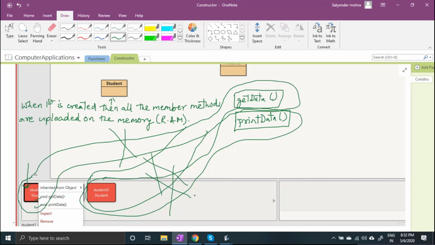So this is how class and object work. This is the fundamentals of class and object, and this is how they work, right? It's a very powerful feature of Java, the object oriented programming, right? So I'm just going to show you how you can call these methods by writing code also. Okay, let me show you.